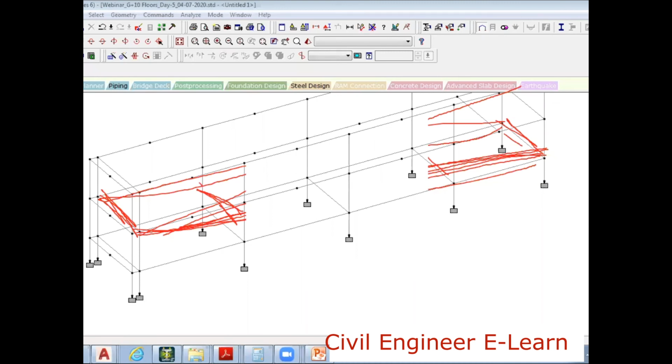Here we have different floor heights: basement 2 is 3.5, basement 1 is 4 meters, the next is 3.5, and then the typical floors are 3.3. Since we have different heights, we did not move the floor beams, as we did in the first case.